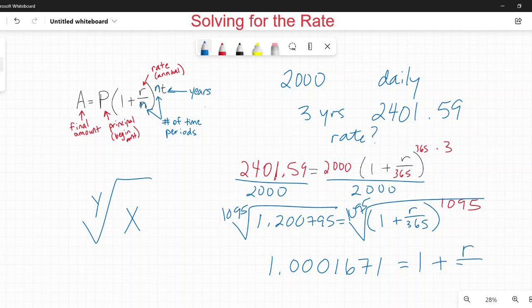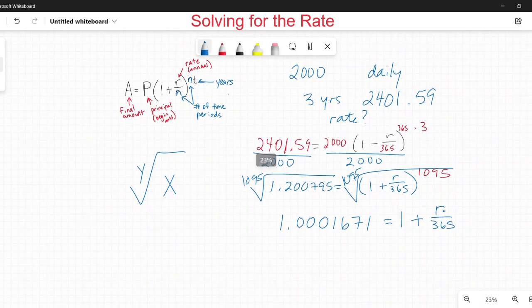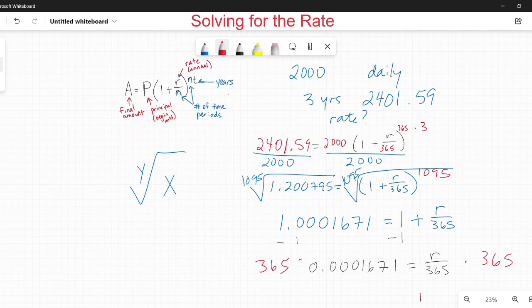So 1 plus r over 365. Okay, let me zoom out a little bit and move up. Now this is looking more and more like a standard algebra problem. I'm going to subtract 1 from both sides, and I get 0.0001671 equals r over 365. R is being divided by 365, so I'm going to multiply by 365 on both sides, and I get that r is equal to